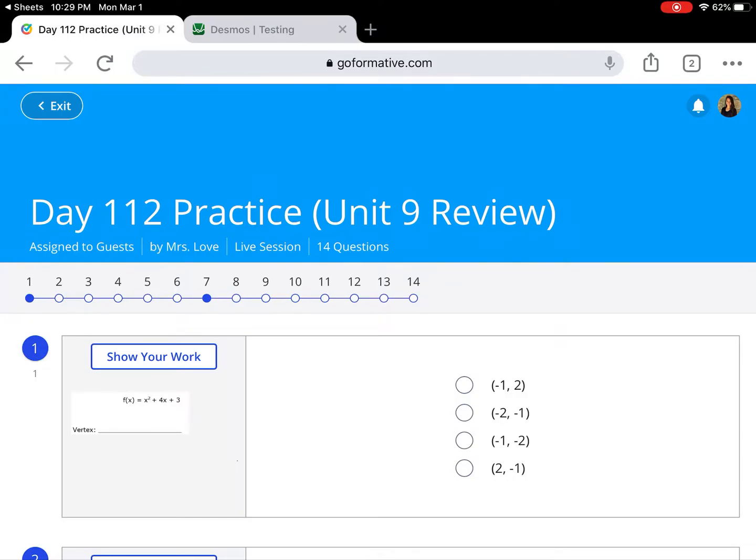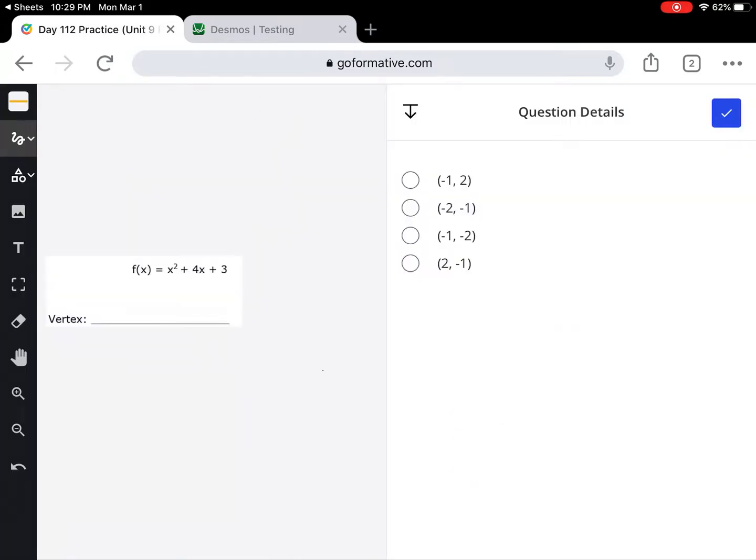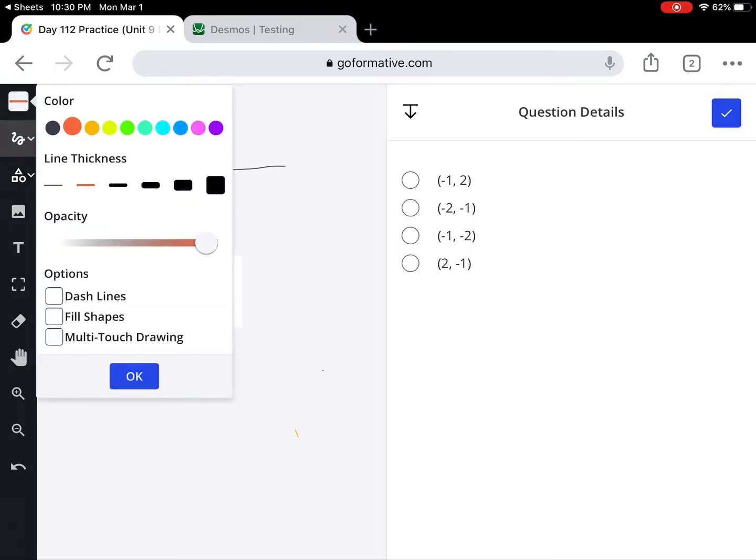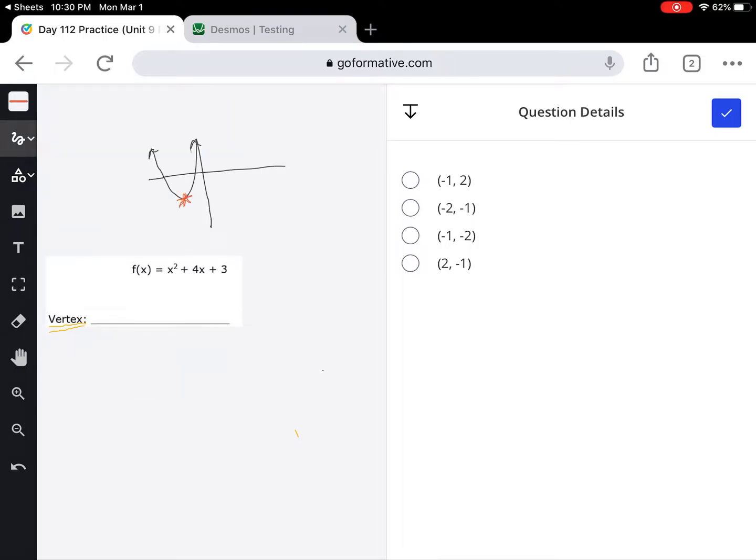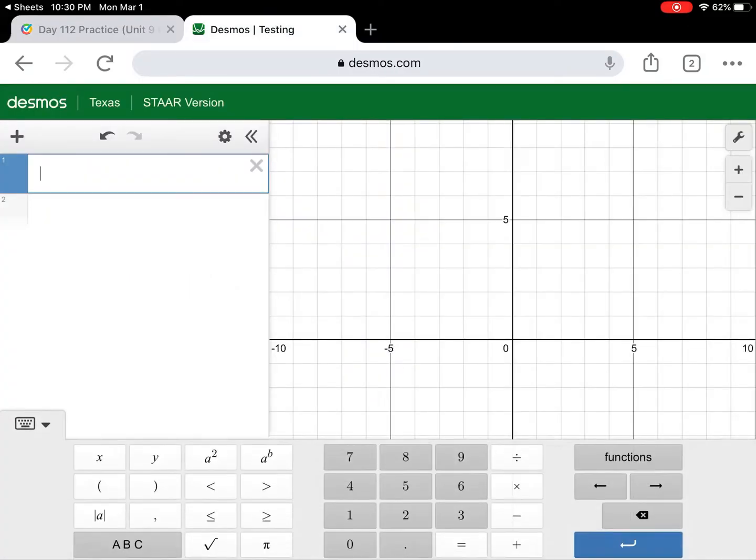on your test tomorrow. So our first question says we have f of x equals x squared plus 4x plus 3. And the question is, what is the vertex? So what we know about a graph is that a vertex is the place. So if this is my graph, the vertex is going to be at the very lowest point if it's a minimum, or the very highest point if it's a maximum. So what we can do is just go to Desmos and type in f of x